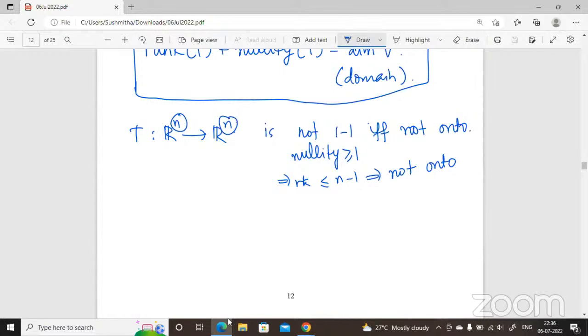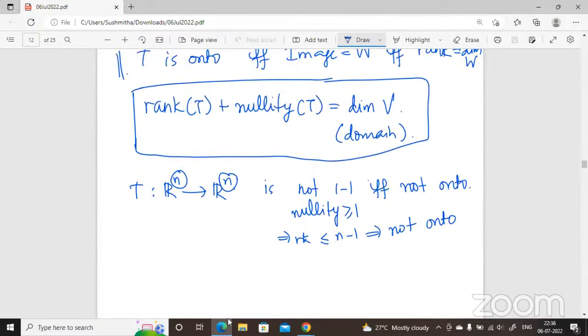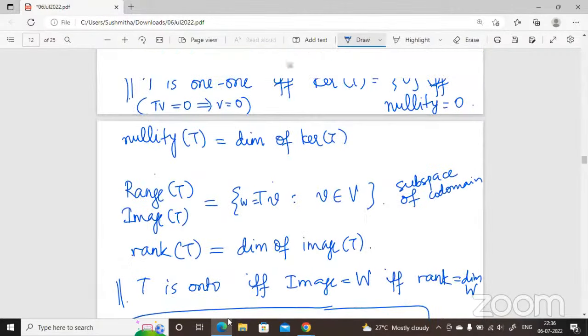Madam, sorry to break the conversation, but can we go over this last one again? I heard the explanation, but somehow I'm not following. Yeah, the last sentence that you have written over there. Okay. So we know that if a linear transformation is 1 to 1, then its kernel